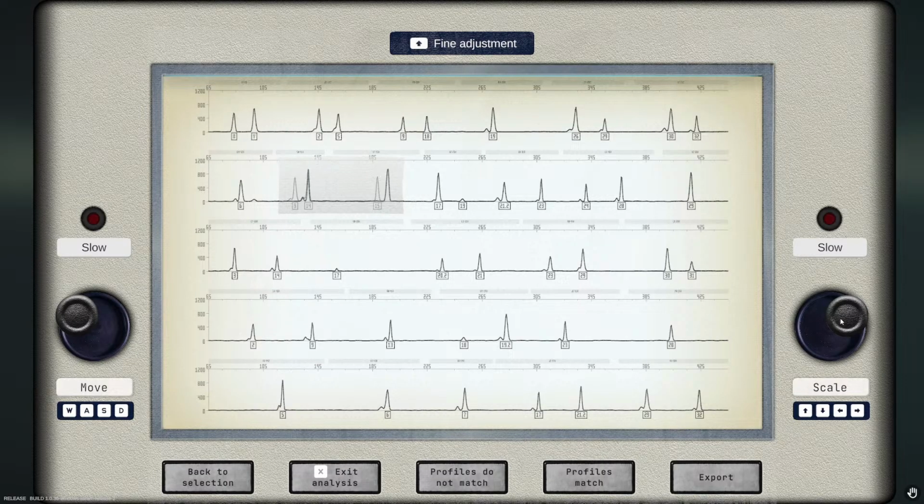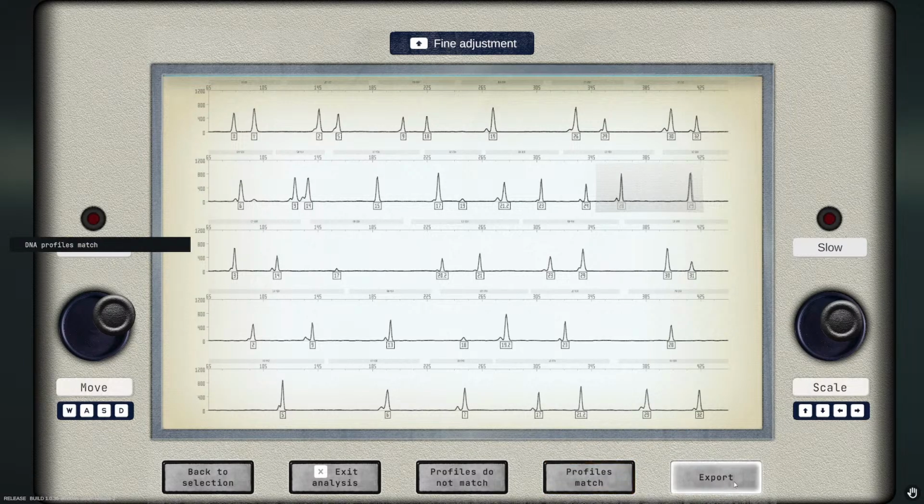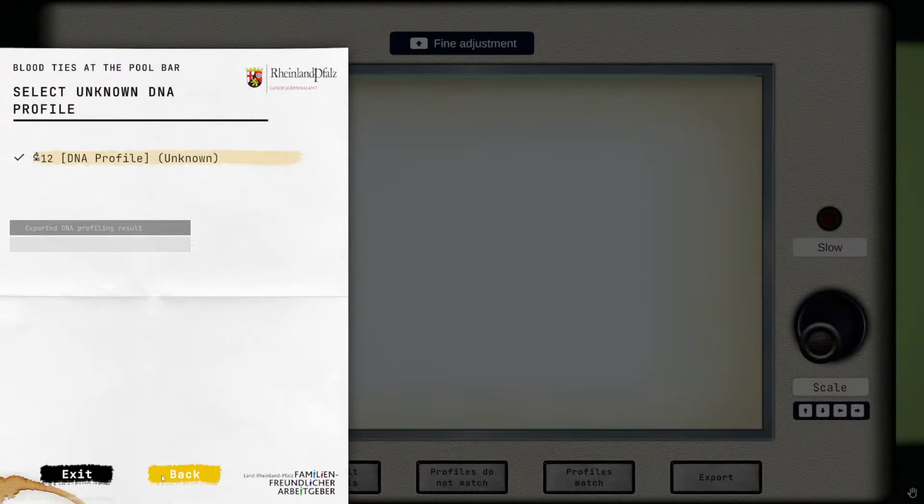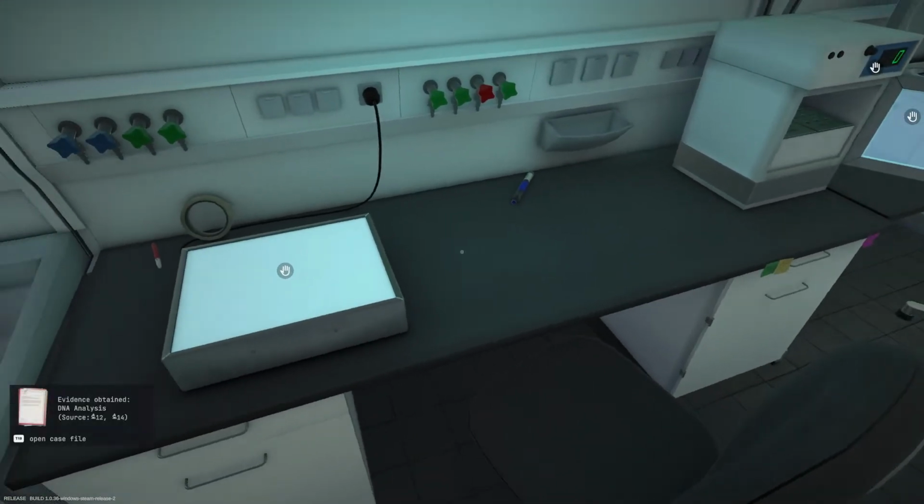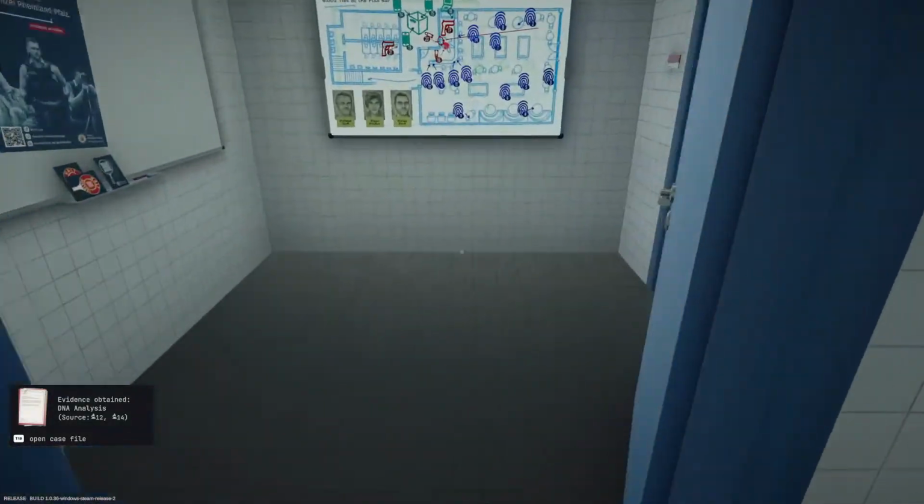Could it be this one? No. Wait, I feel like it is this one right here. Yeah, there we go. That's a match. That's gotta be a match. Yeah, I'm calling that a match right there. So that matches. It's definitely the victim, obviously. So take that. Let's go